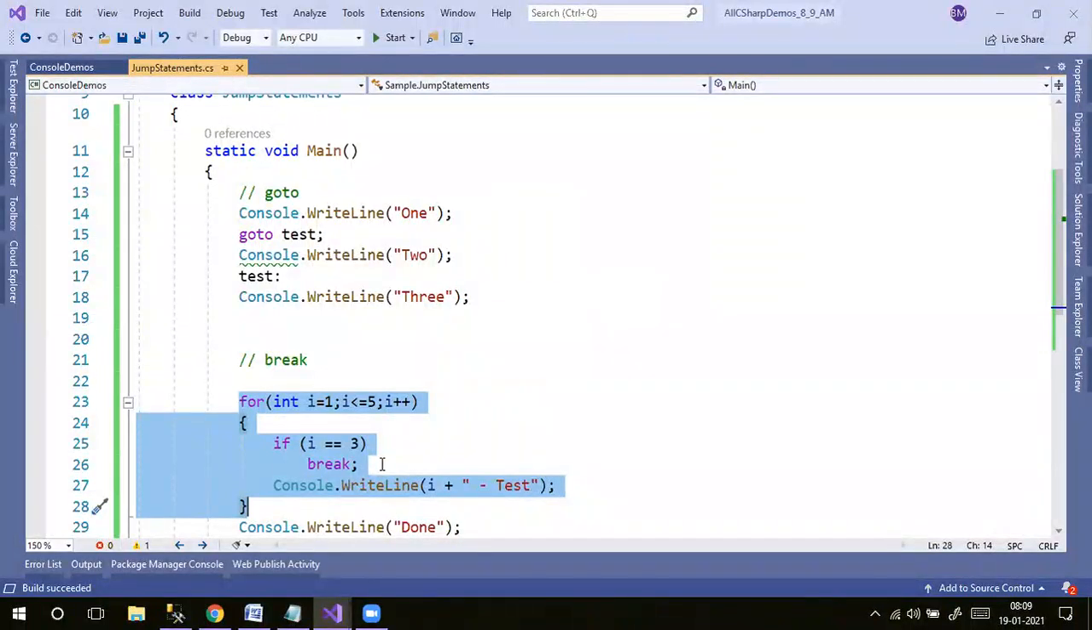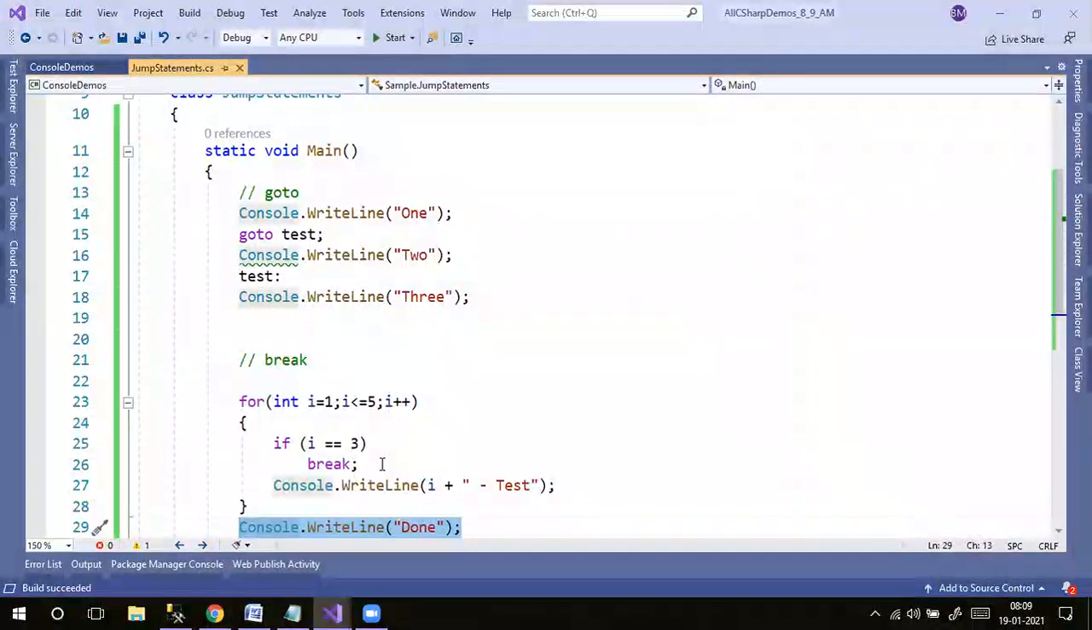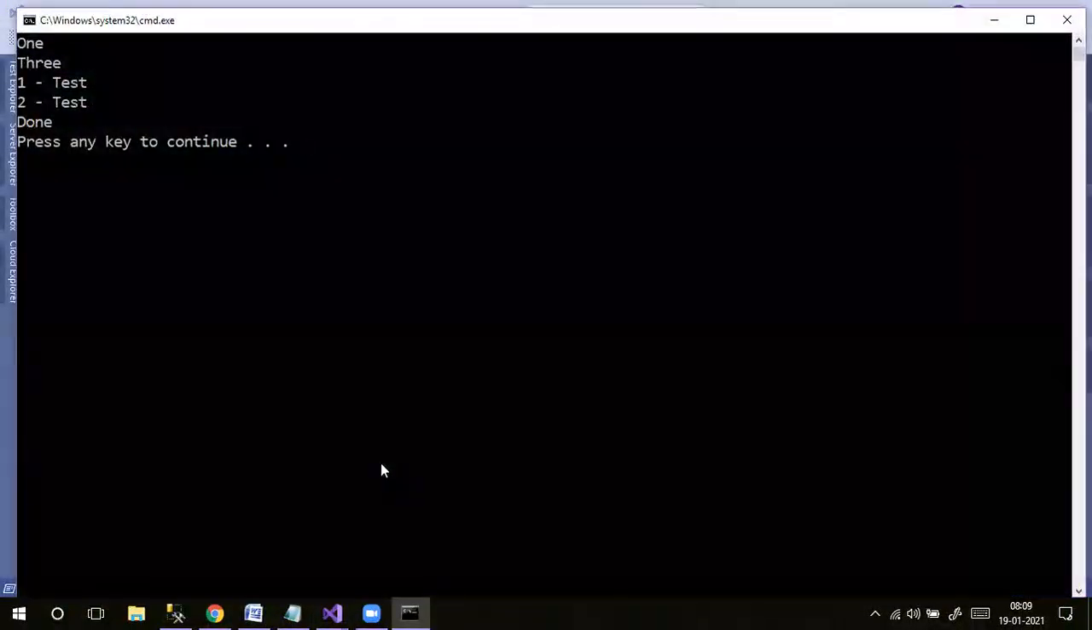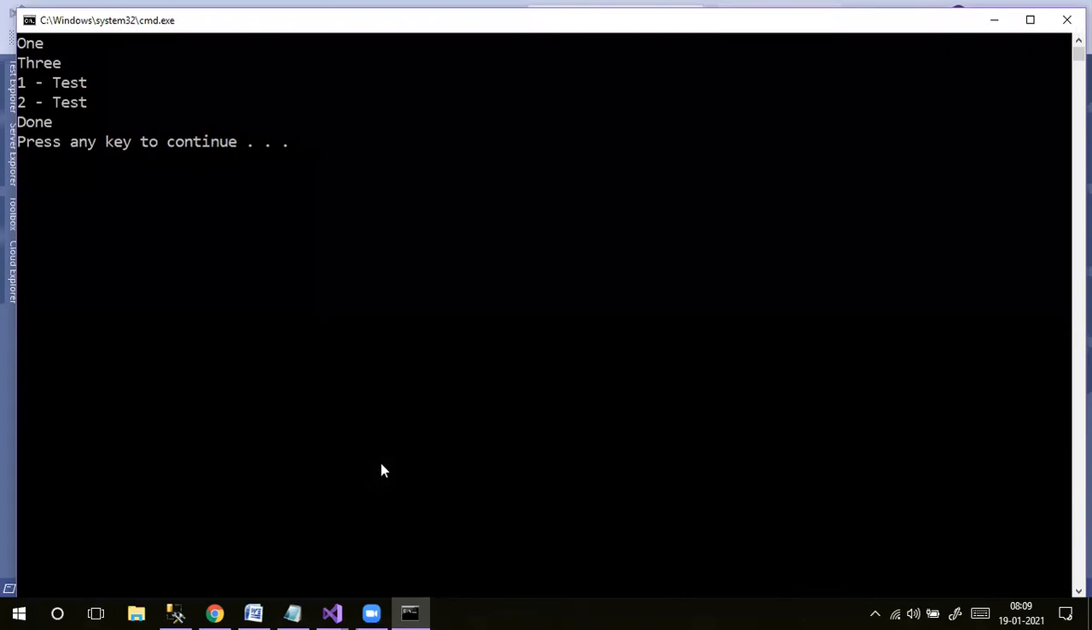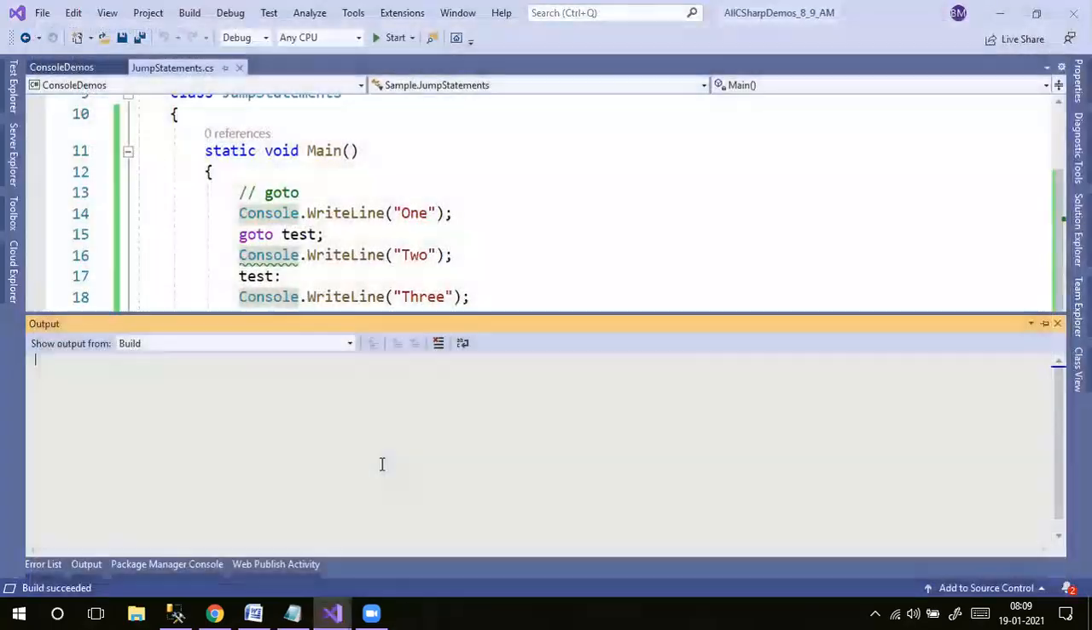So here when i equal to 3, you said break. That means it will stop the process there and jump to outside of our block. Outside of our block, what statement is there? Done. So that statement it will execute. That's why i equal to 1 is printed, i equal to 2 is printed. After that, the done message shows. And last and final,